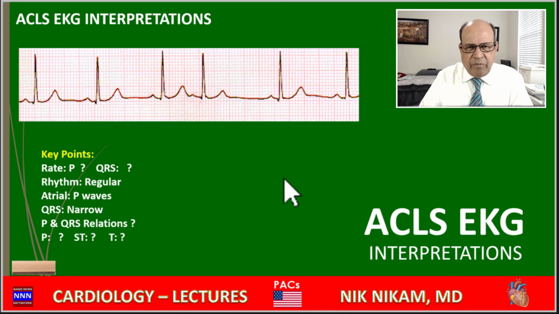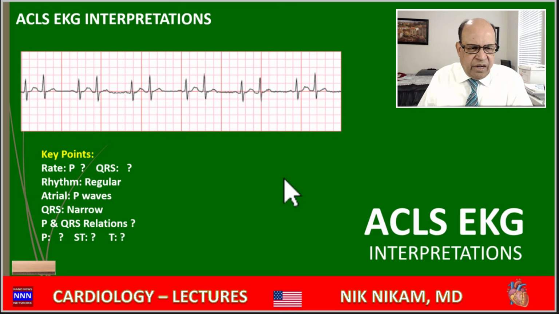So PACs may look benign, but they can become potentially challenging. Here's an example of a normal beat, an ectopic beat coming in early, premature, supraventricular, most likely a PAC, because we see a little notch on the T waves here, which may suggest a premature atrial complex. So we have an atrial bigeminy, and when we see these kinds of ectopic beats, we need to be concerned not necessarily about what we are seeing now, but what could transpire in the hours or days to come, which is they could develop atrial flutter or fibrillation.